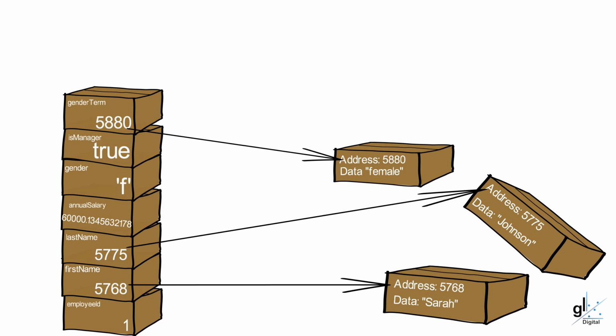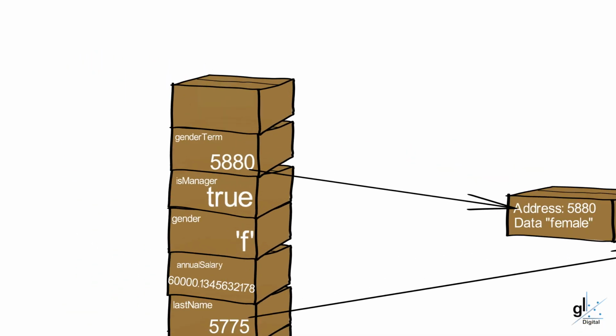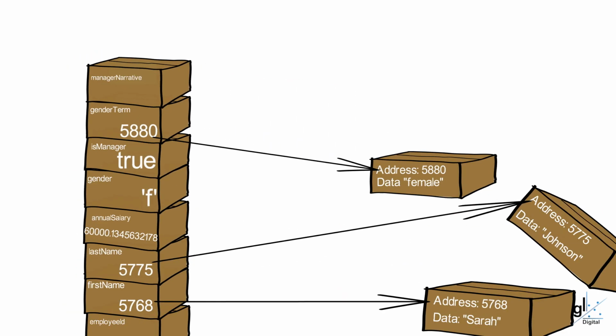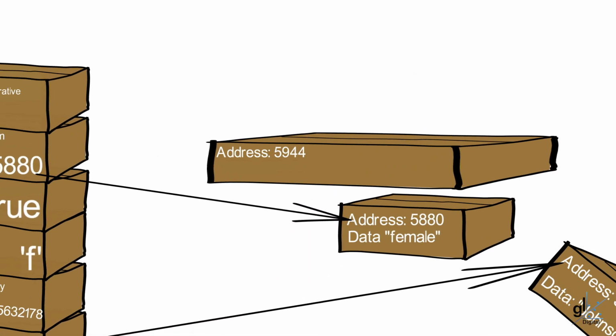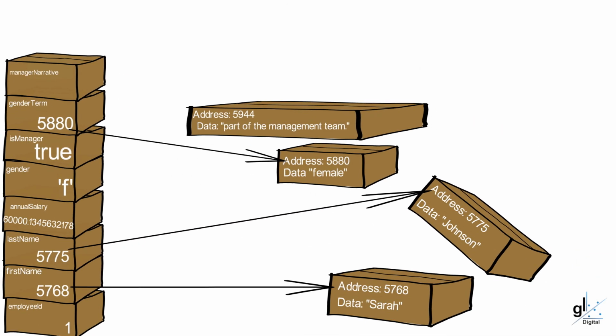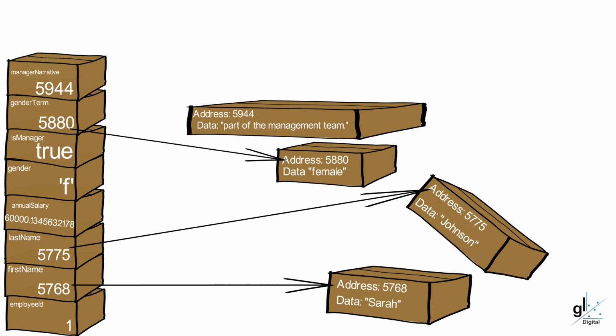Like the gender variable, we created a more human-readable string to represent the managerial status of the employee. We used a string variable named manager narrative for this purpose. So a numeric value is pushed onto the stack. This numeric value represents a location in computer memory where the actual data for the variable is stored on the